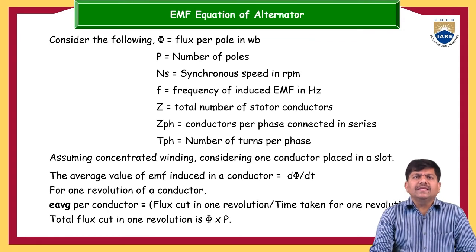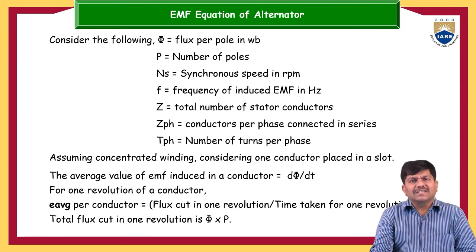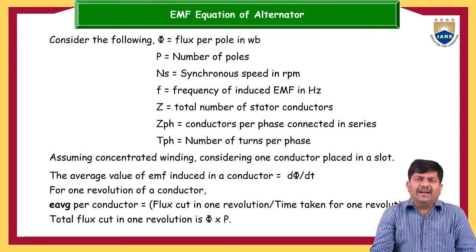Coming to the EMF equation, because already we have studied the principle of operation and discussed the armature windings, now how much induced EMF will be available across the armature conductors, that we are going to discuss now. There is some standard nomenclature we assume: flux per pole in Weber, P is the number of poles, Ns is the synchronous speed in RPM,